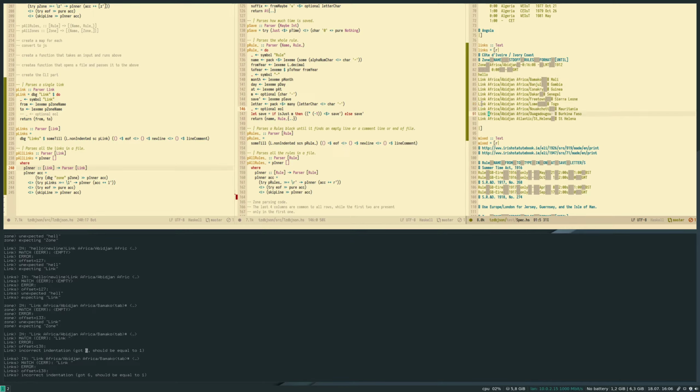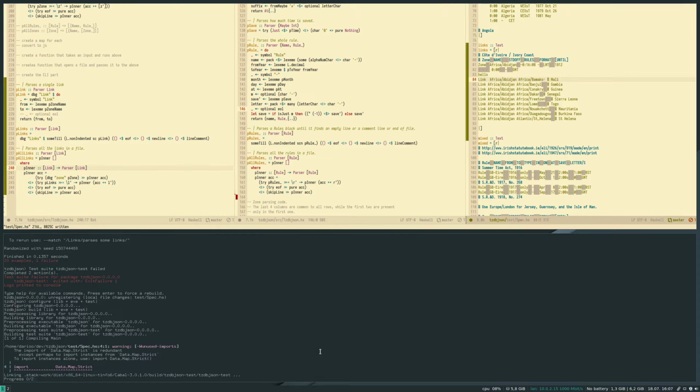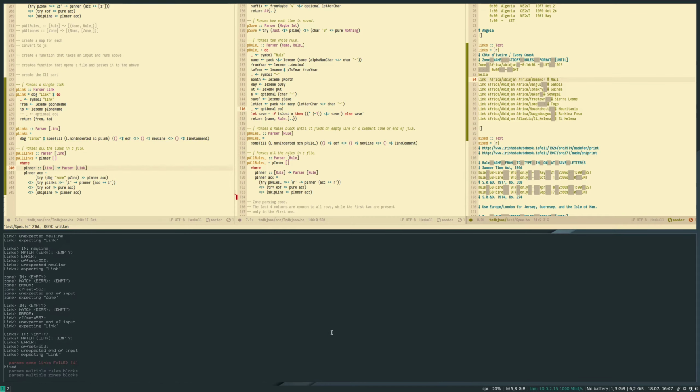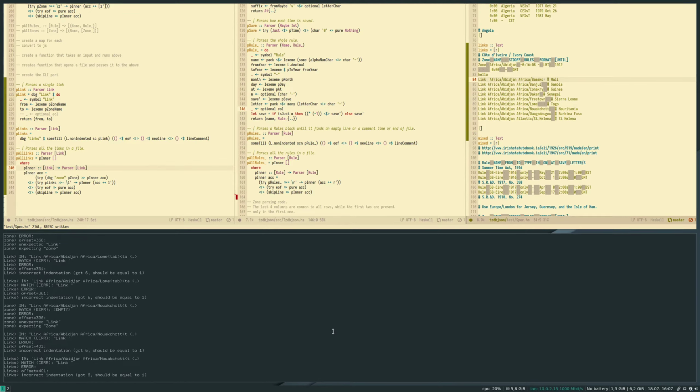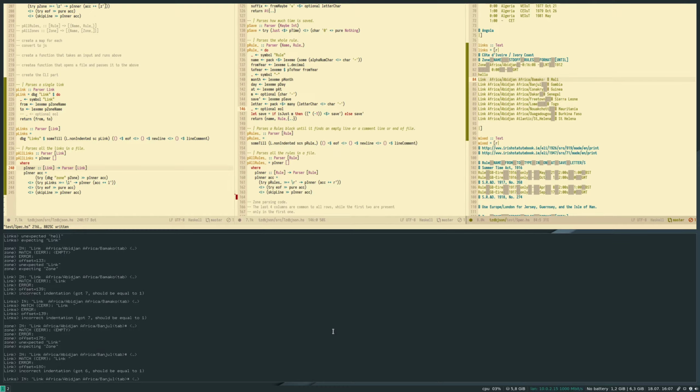Is this the fact that Africa starts at the 6th character, or is it something else?